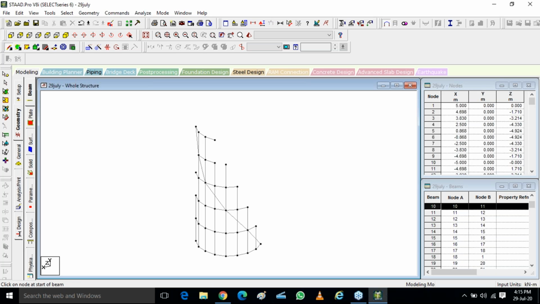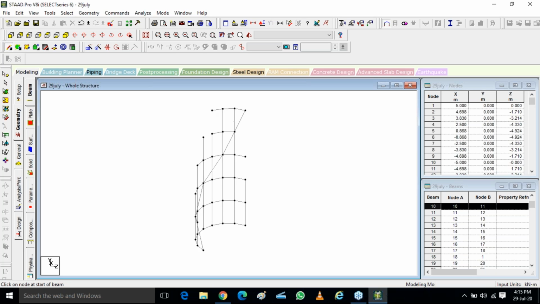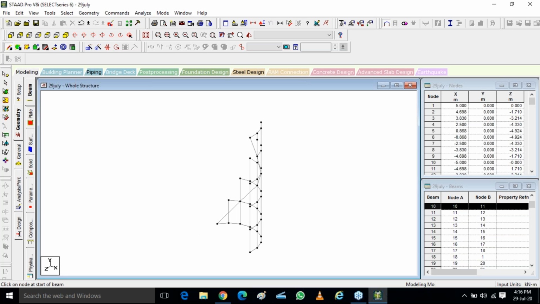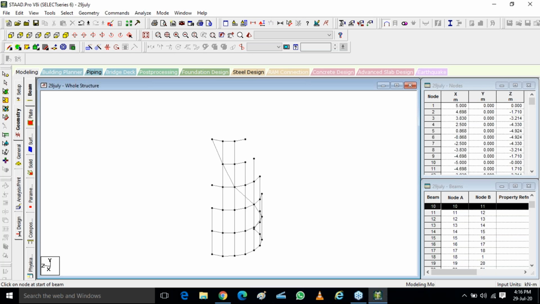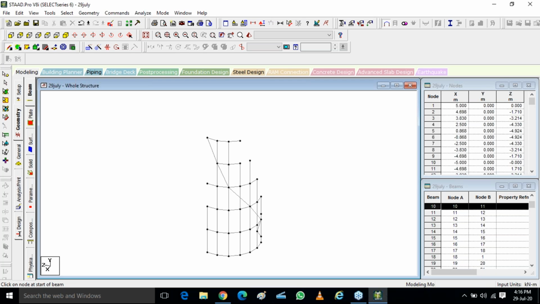Now I'll do the translation repeat of it. That's it. Now while doing the translation repeat, you have to be careful in what direction you are going to do the translation repeat. Or some other ways are also there for creating a circular staircase. Should I tell you the other scenario also, how you can create a circular staircase? Just raise hand if you want to learn how to do it by grids also. Shivam is there, Prem is there, Prerna is there. Okay, Rishikesh is there, Ashutosh.